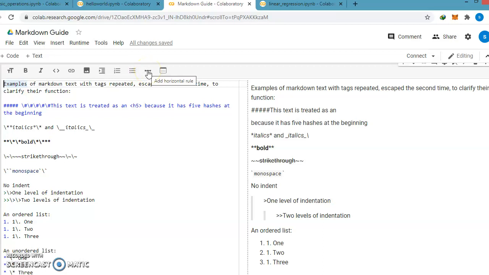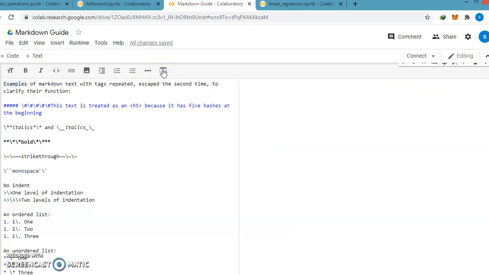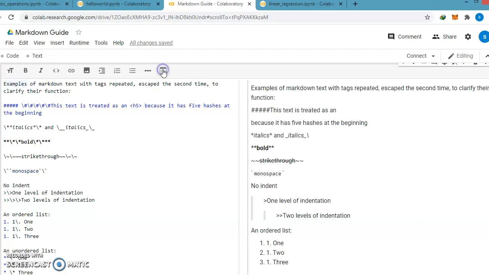Then this is for adding a horizontal rule. And the next one is, if you don't want any output from this side, you just clear it.